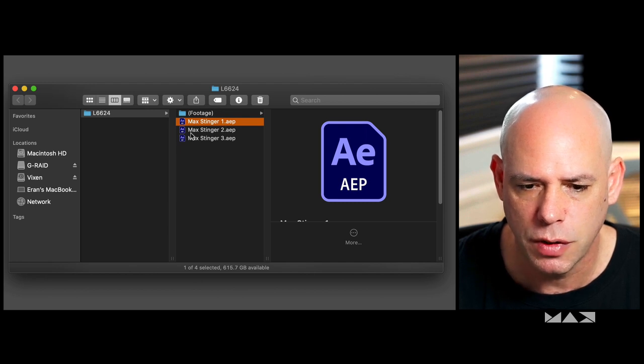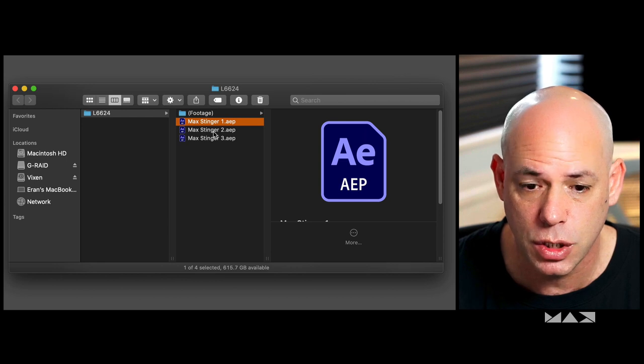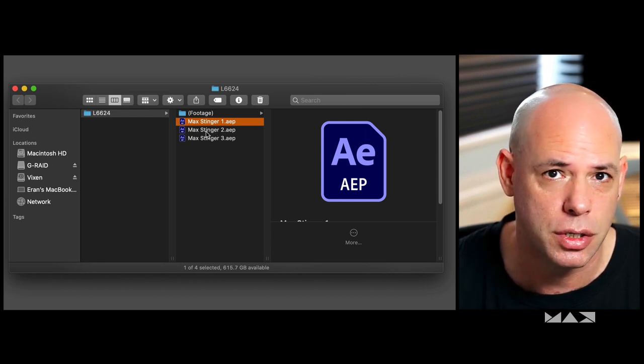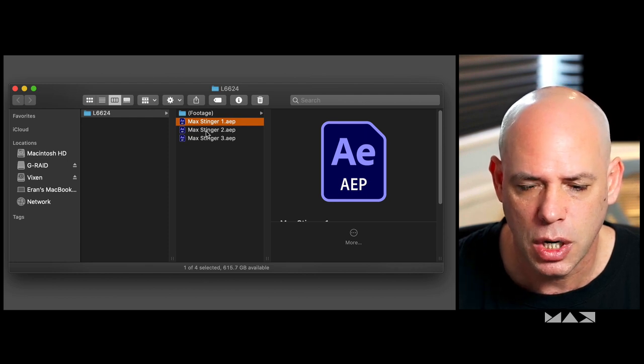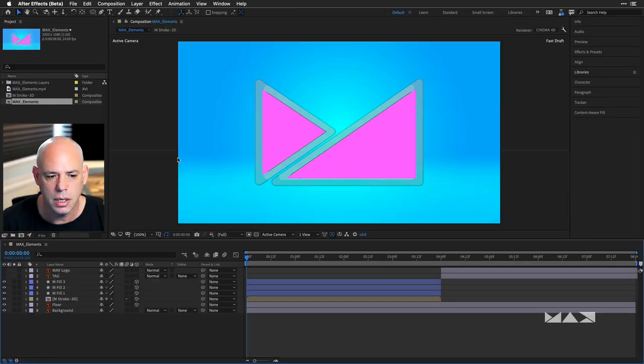But if you want to reverse engineer, this is the last step. So this is the final result of this part. You can always double click and reverse engineer it. However, what I would like you to do is just identify the first After Effects project and double click on it, and this is going to launch After Effects and show you the state that we left off in the